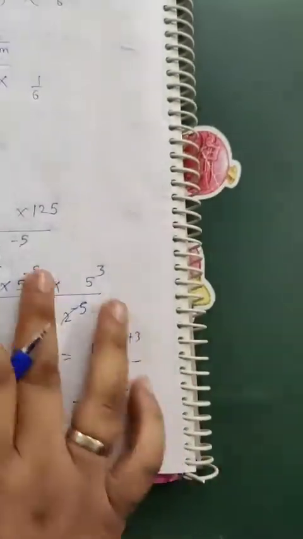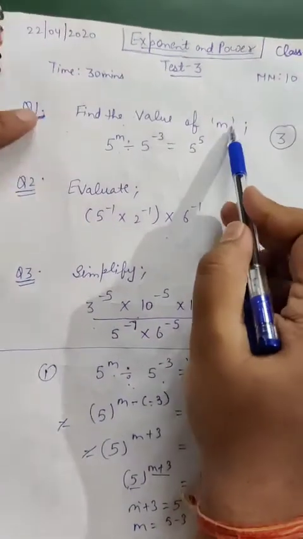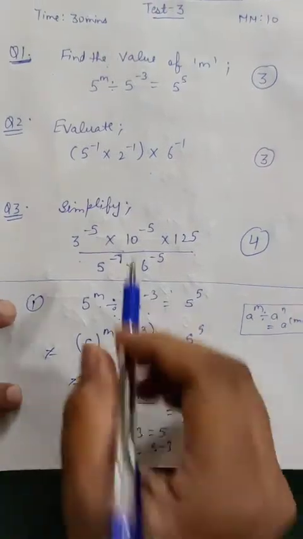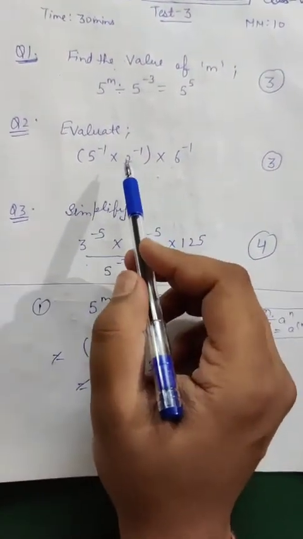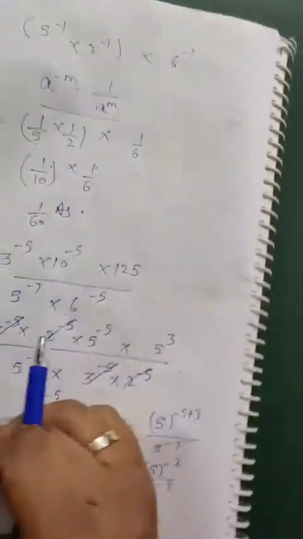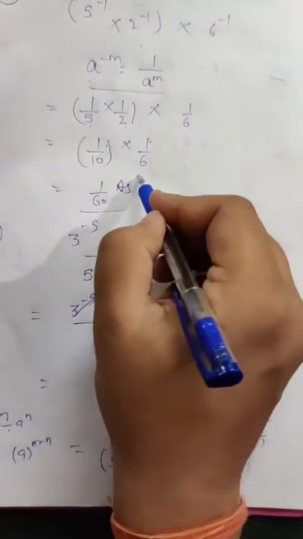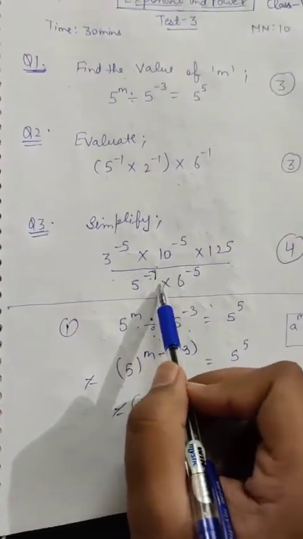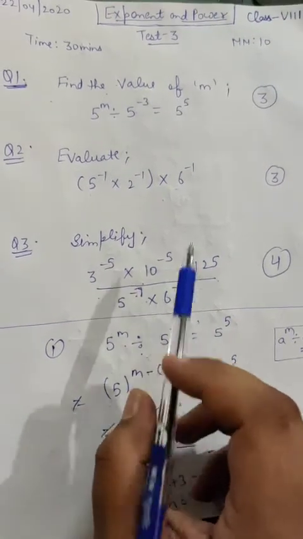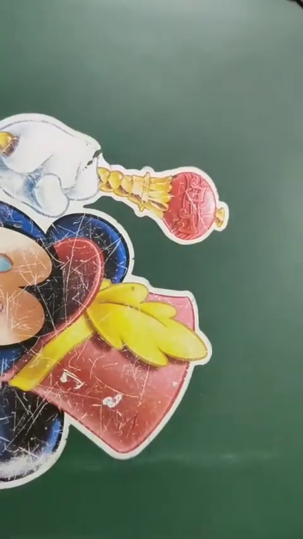So we have done 3 questions here. The first was to find the value of m, and the answer is 2. In the second question, evaluation, we had to evaluate terms having negative exponents, and the answer comes out to be 1 by 60. And the third question, that is the important one and the last question of the first exercise, we had to simplify it, and the answer is 5 raised to the power 5,